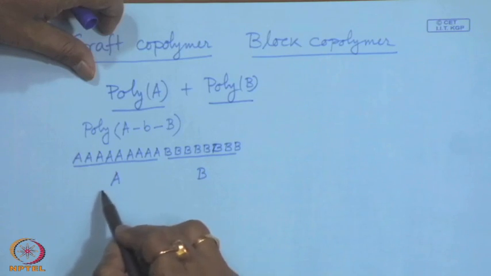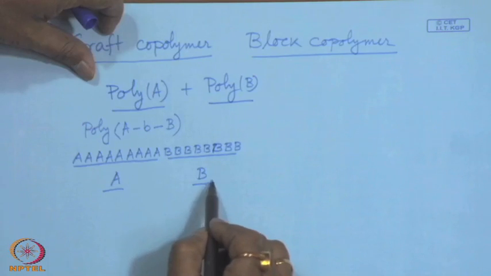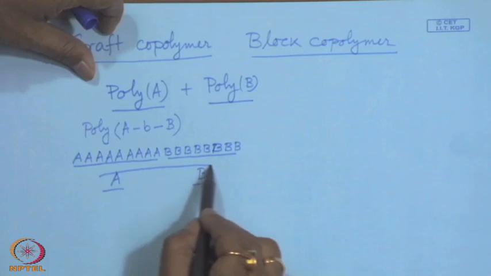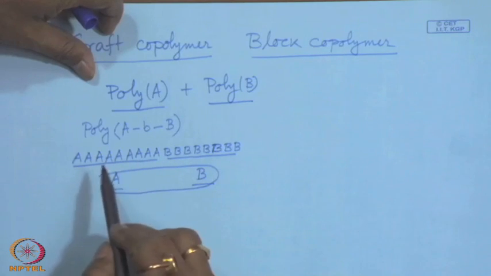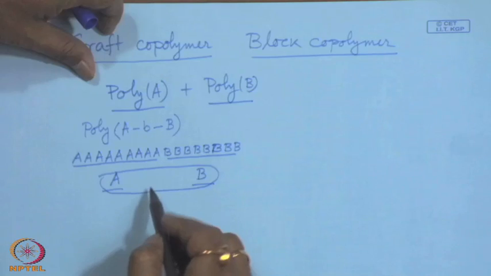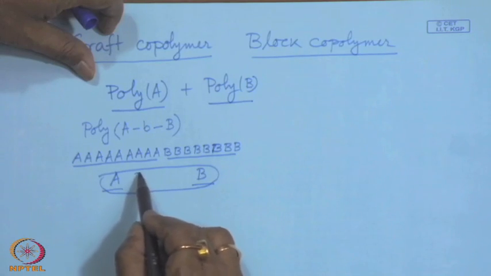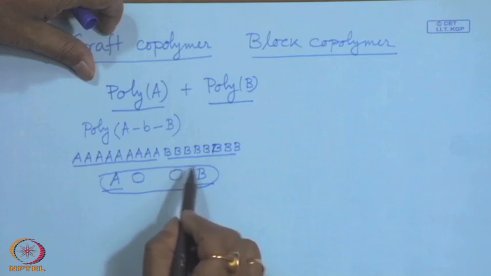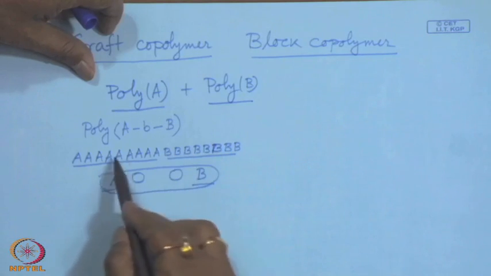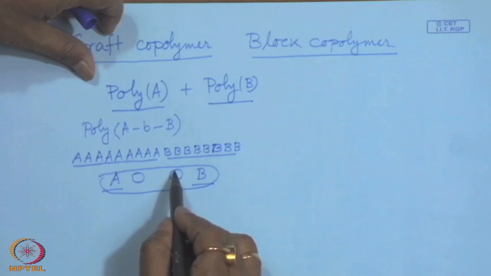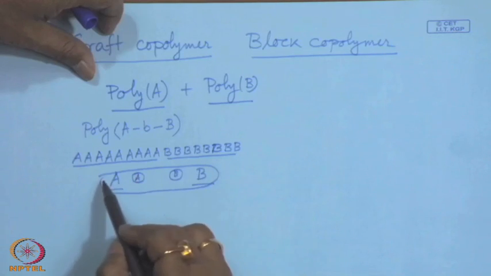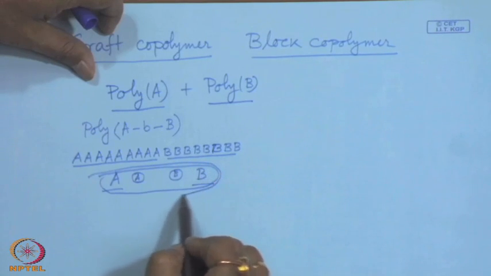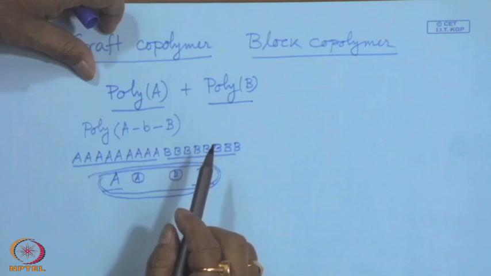So, the component polymers are made of A and B monomers, and these two may not be compatible, but if the same monomers are used to form a block copolymer, that block copolymer comes in between A and B. The B part of this block copolymer will orient towards the B component, and the A part will orient towards the A component, and that leads to miscibility between polymer A and polymer B.